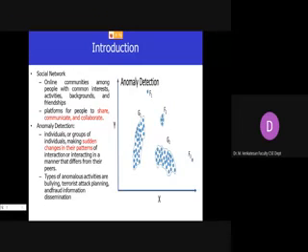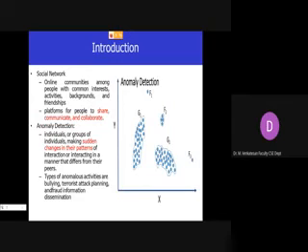So what is anomaly detection in that? The outlier may be an individual or a group of individuals making sudden changes in their patterns, or interacting in a manner that differs from their peers. So we have to identify such people, right?